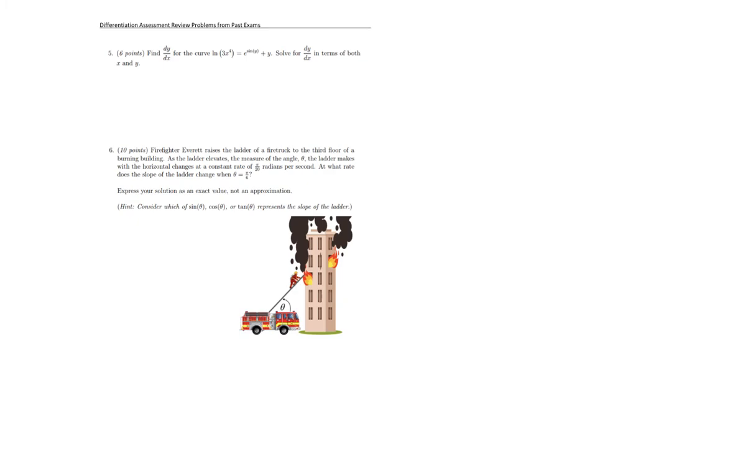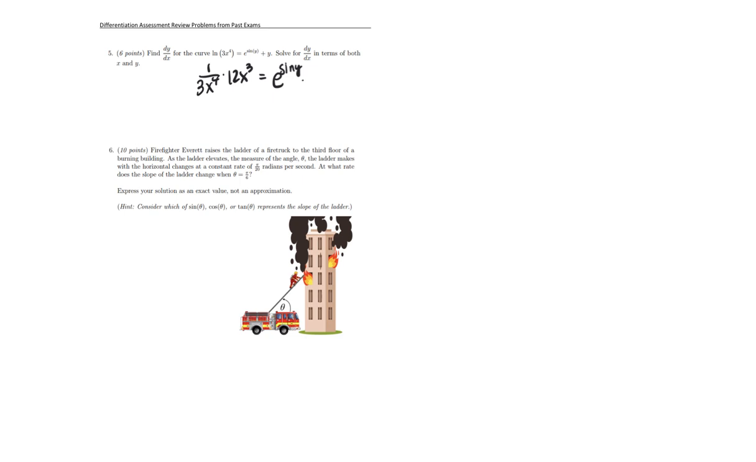Okay, for this one, I'm finding dy dx for that curve. So let's go ahead and take the derivative implicitly with respect to x. So I'll have 1 over 3x to the fourth times the derivative of 3x to the fourth, which will be 12x to the third, equals, here I've got a double chain rule, so it'll be e to the sine y